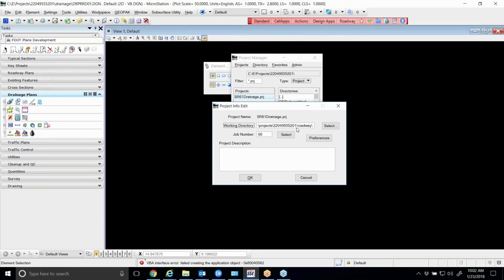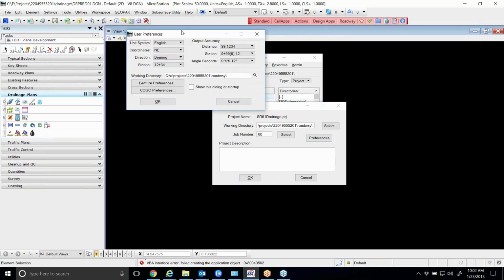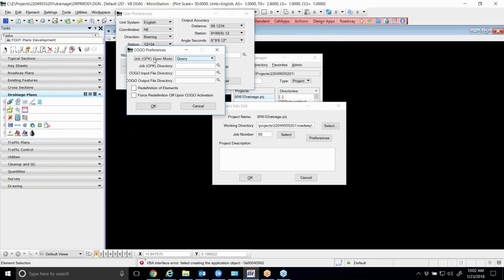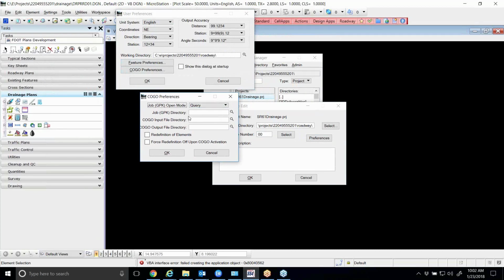There is another setting here, though. If I click Preferences and I click on COGO Preferences for this project, here's the main working directory, but underneath that there's a COGO Preferences, and there's a separate preference that you can set for the GPK file that overrides this guy right here. So the only places that are going to control where GEOPAK Drainage, GEOPAK Road,